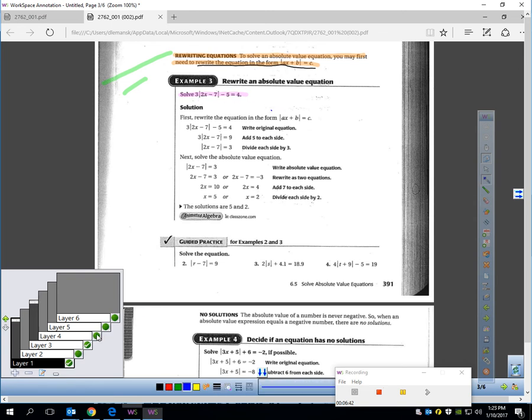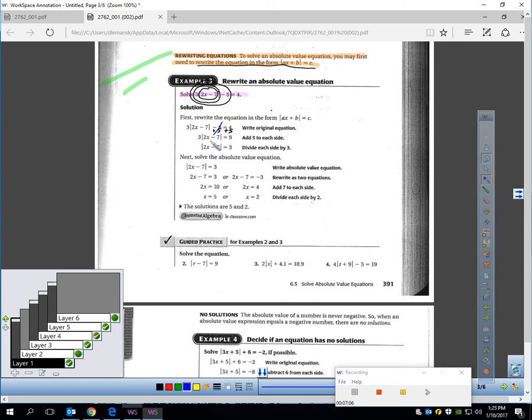So let me onion the absolute value. The absolute value is the center of the onion. The times 3 is the next layer. The outside layer is the minus 5. I've got to peel away one layer at a time. So I want to get rid of that minus 5 first. So I will, and you can notice it down here, I'm adding 5. So these cancel, and I get 3 absolute value 2x minus 7 equals, on the other side, 4 plus 5